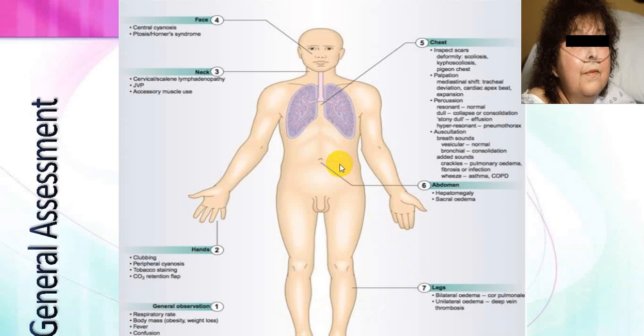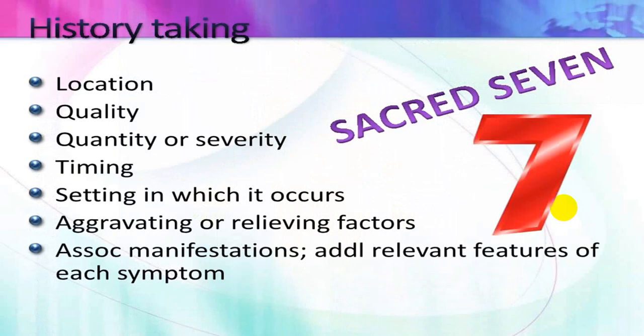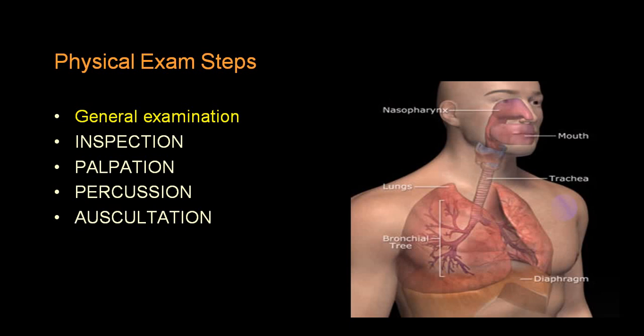Then you can look at hepatomegaly, splenomegaly, distension of abdomen, sacral edema, and then you examine the chest: inspection, palpation, percussion, and auscultation. So this will be the complete full examination. But before we go for the systemic examination, you have to do what we call the vital data. That is pulse, blood pressure, respiration, and temperature, including skin examination, pulse oximeter, input-output chart, etc.